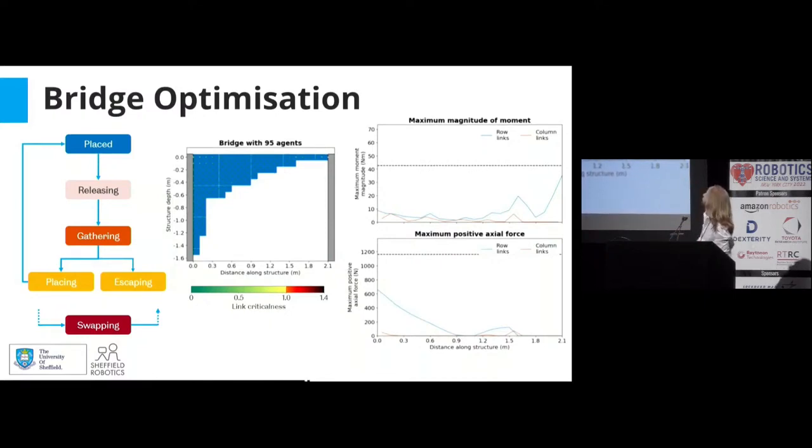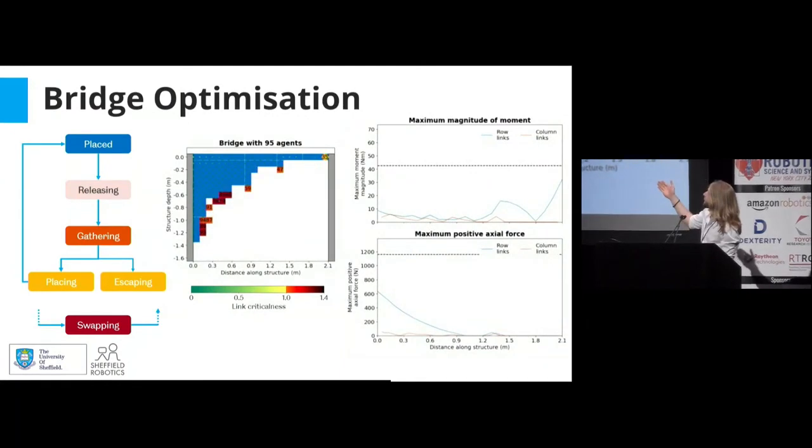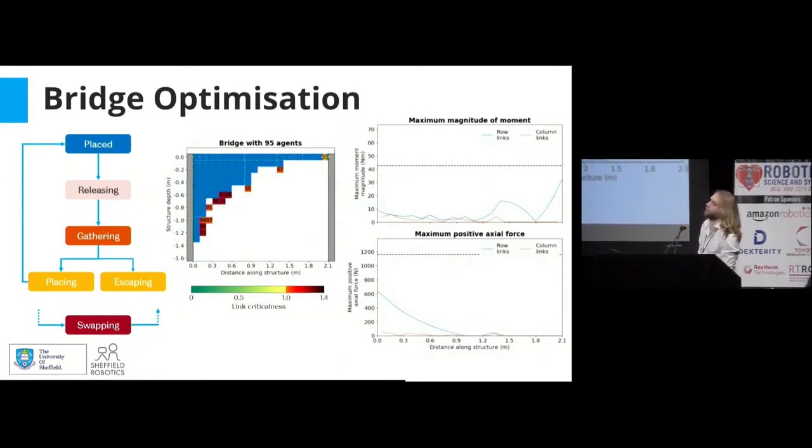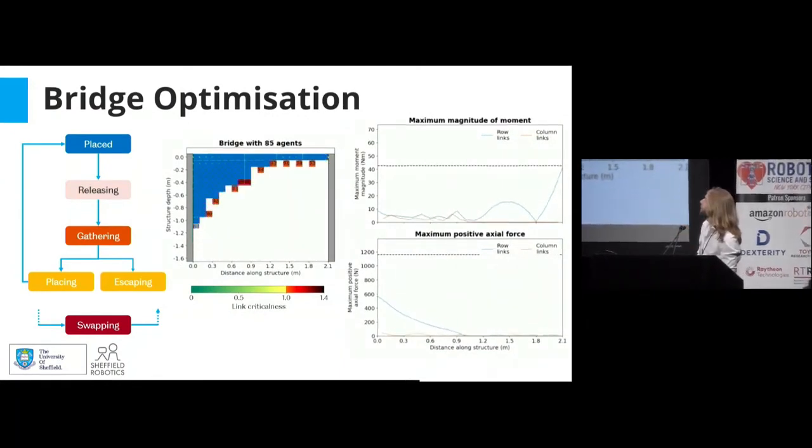And on the right, there's an overview of the moment and the force throughout the structure. So this agent has become active, and it will first travel to the left, and here it's swapping with another one that's trying to go to the right. Eventually, one of these agents will reach the right-hand side, and this agent has decided that the structure is stable, and it can leave happily without causing the structure to collapse.